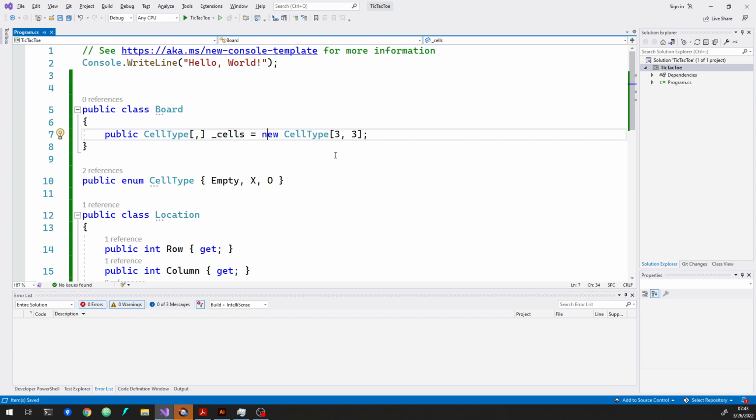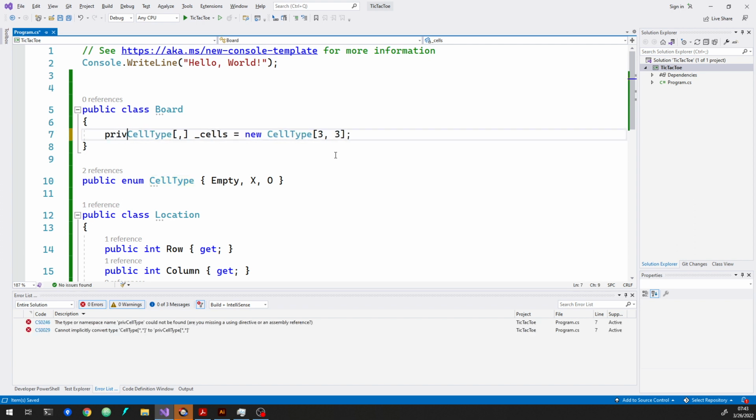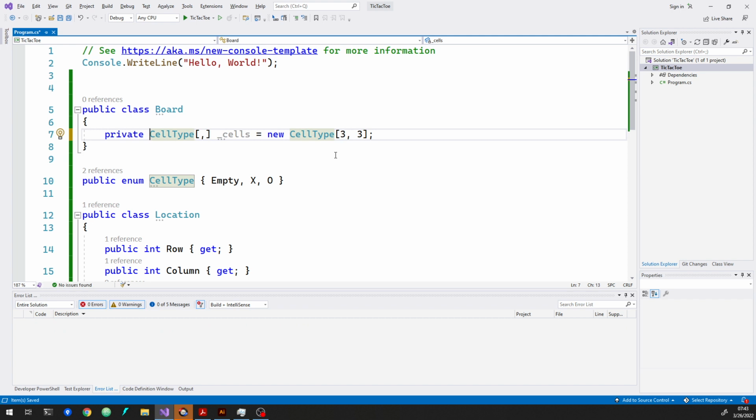One problem with that is, and the book makes a big point about this, if we make it public, then it allows the outside world to do whatever they want to it, which could be malicious. It could be somebody intentionally trying to abuse the system and make it do something that it's not supposed to do. Or it could just be, and this is, I think, the real thing, accidental,